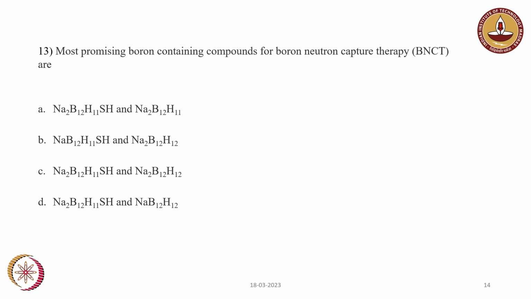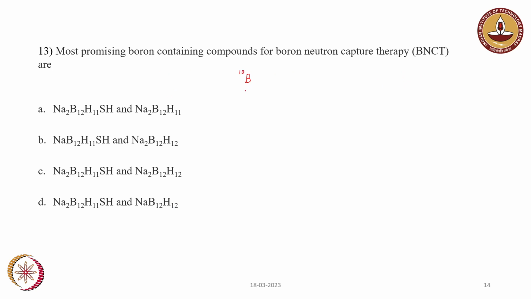The next question is, most promising boron containing compounds for boron neutron capture therapy, BNCT, are option A, Na2B12H11SH and Na2B12H11, option B, NaB12H11SH and Na2B12H12, option C is Na2B12H11SH and Na2B12H12, and option D is Na2B12H11SH and NaB12H12. So, boron neutron capture therapy, BNCT, involves injecting B10 labeled